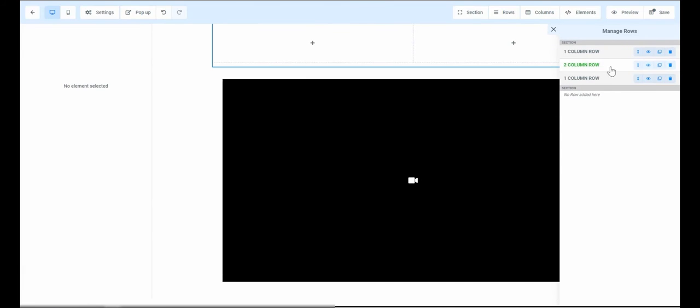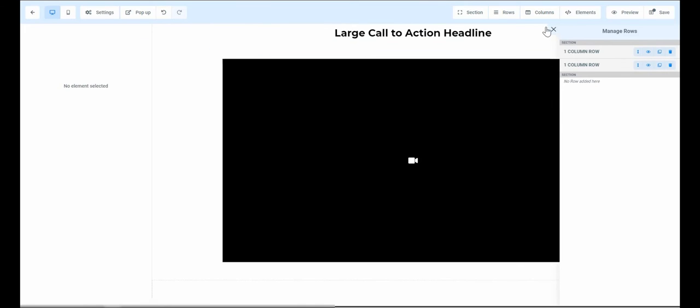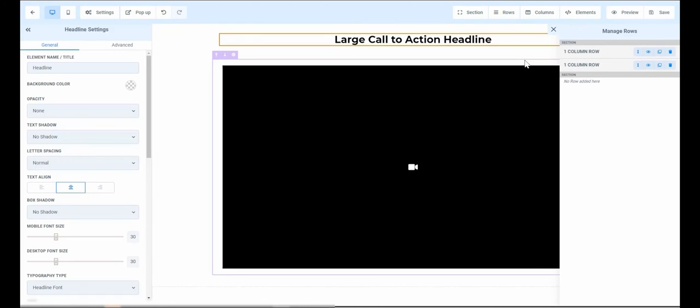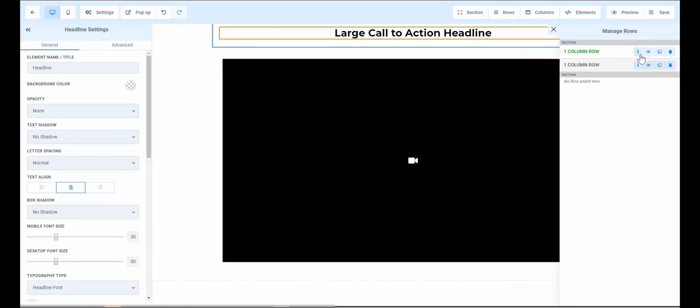I'm also going to say I don't want this other second column row. I'm going to delete that. So now we just have our large headline and our video, and it's all looking a lot neater. And now the last thing I'll show you on this very brief overview video is how to use these sort